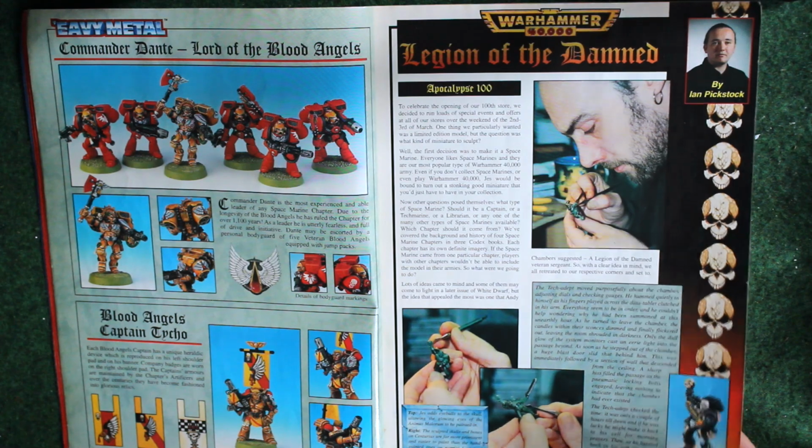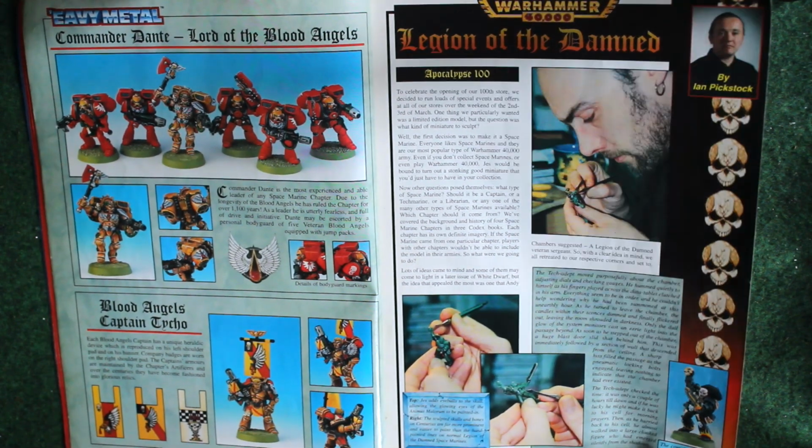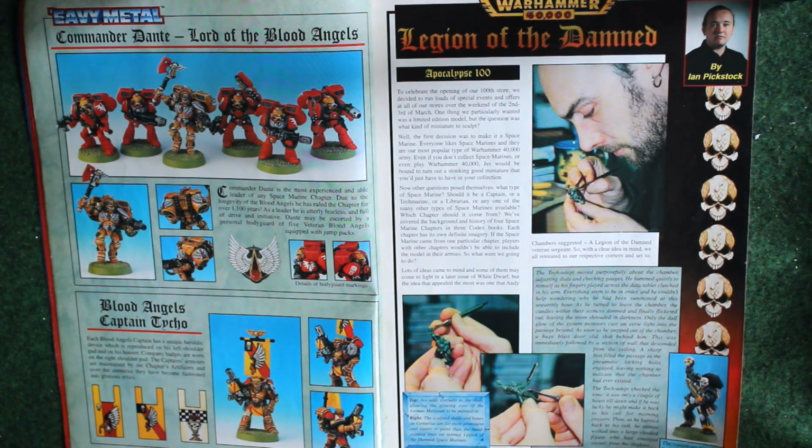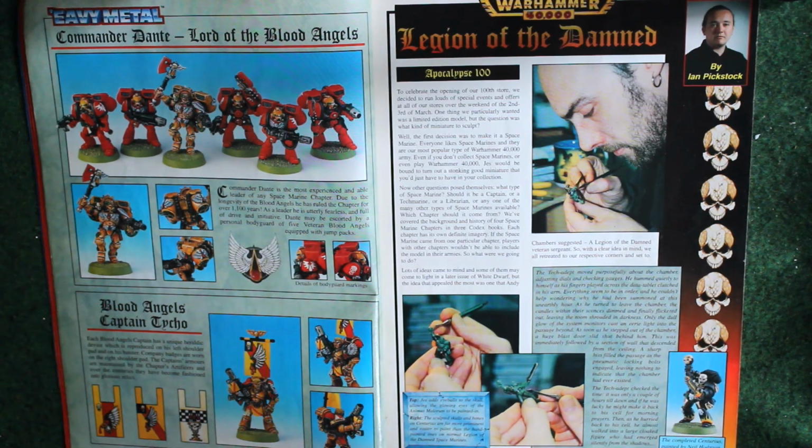They put out this Legion of the Damned model, and I think this is a really cool model. I didn't get it at the time because I wasn't into 40k, and I'm still not that into 40k, but I do think this is a cool model that I'd like to paint up at some point, but they're now, of course,